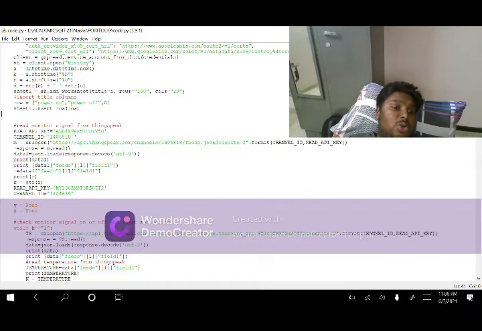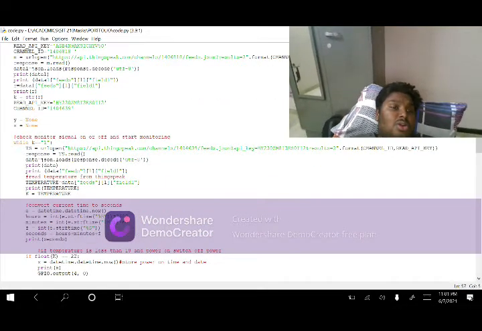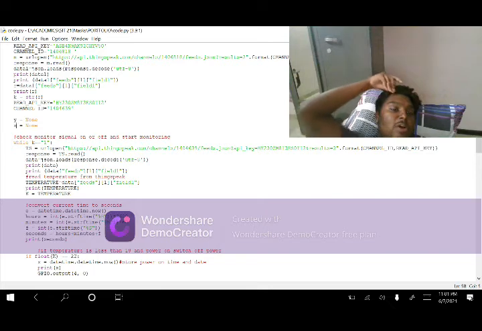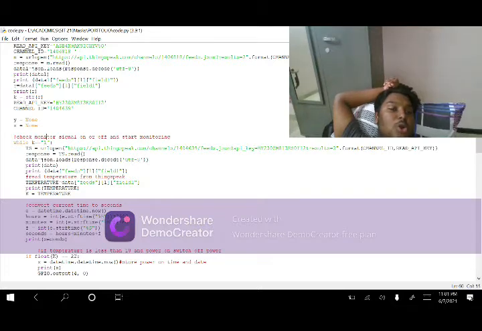So when the value is equal to 1, I'm starting the monitoring thing right now. So Y and X are nothing but power on and power off time. Initially they are set to none. While k is equal to 1, that is when the monitor signal is on, then I should monitor, right? So let's monitor. From ThingSpeak, I'm reading my temperature. Once I read the temperature,